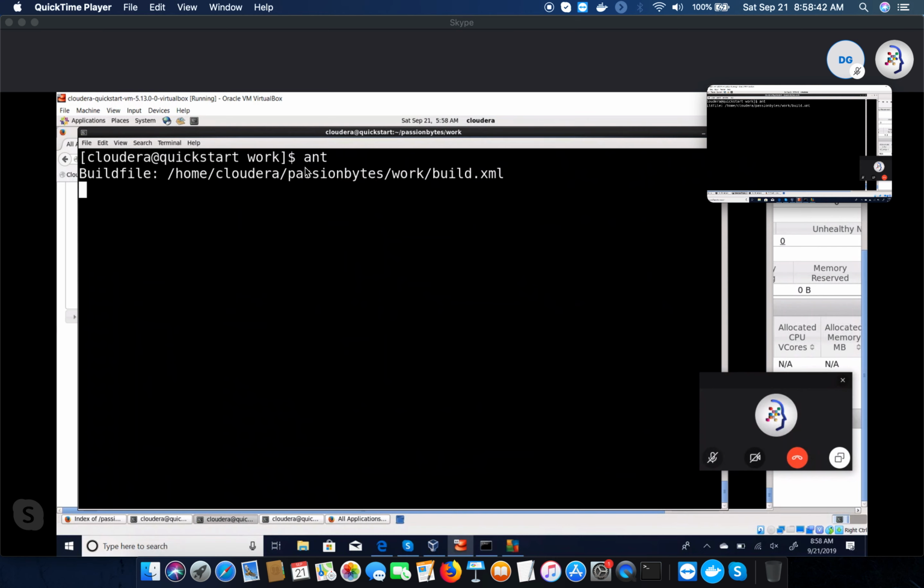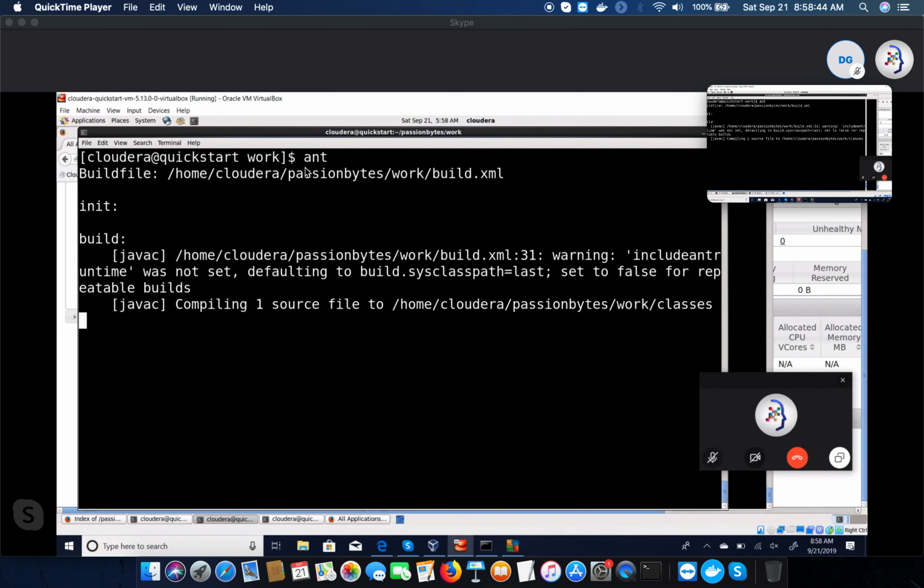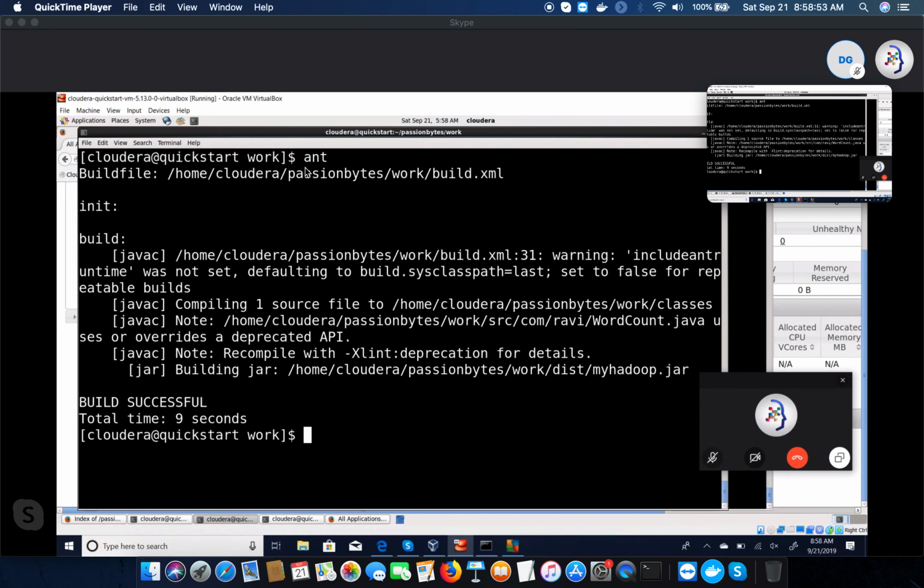What it will do? And always remember, if you see this message, that means the file is changed. And ant knows if the file is changed. If you didn't change the file and if you type ant, you will not see that line. It will tell that build is completed. That is the beauty of ant. It looks at the timestamp and it knows whether you changed or not after the last compilation. Okay, so you compile it and now go to cd dist